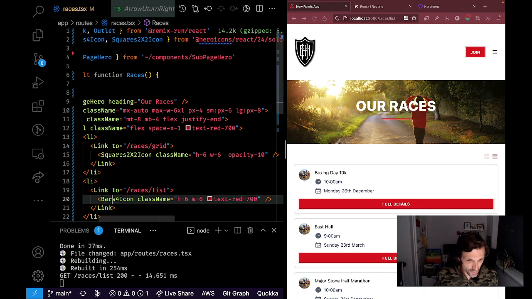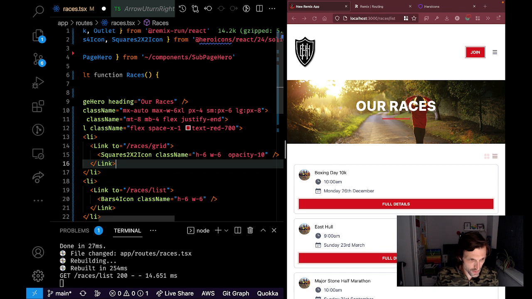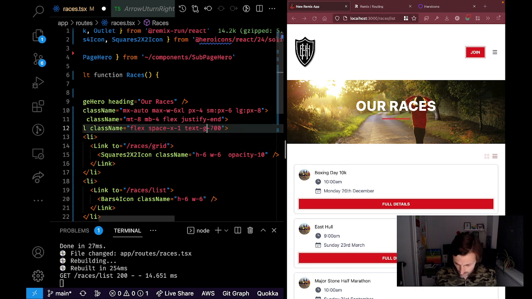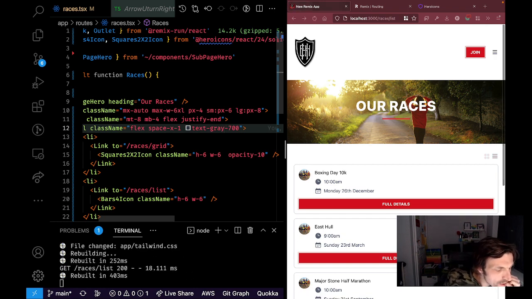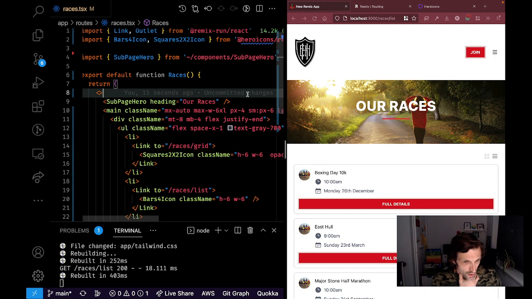And let's remove this one, and make it grey. Yeah, I think I probably prefer grey. Questionable whether the grid one is too light. And what I don't know is